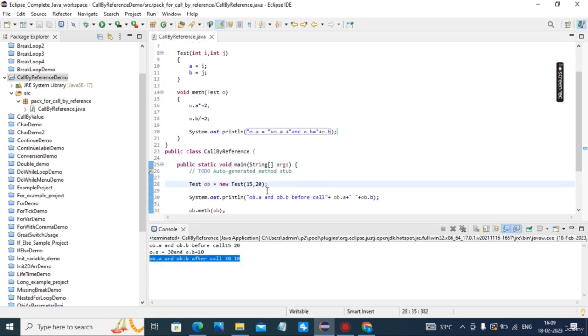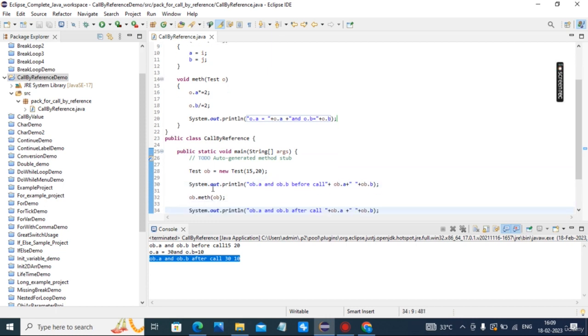Why? Because we are calling by reference. In this method, we are passing an object as a parameter.